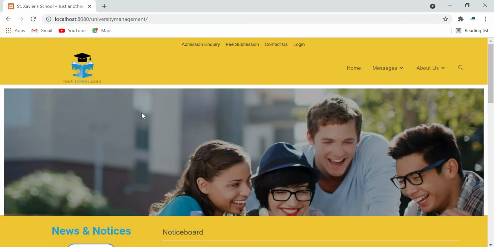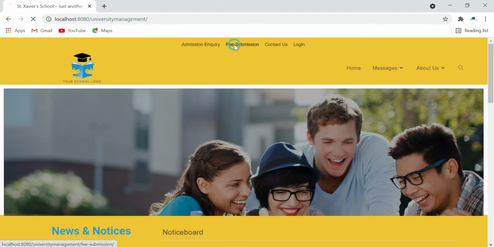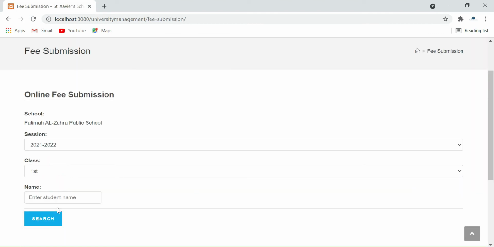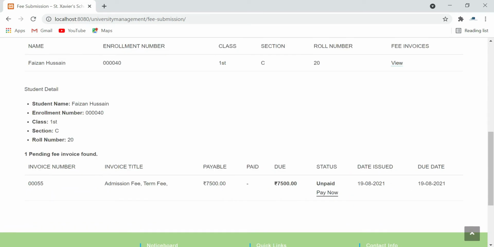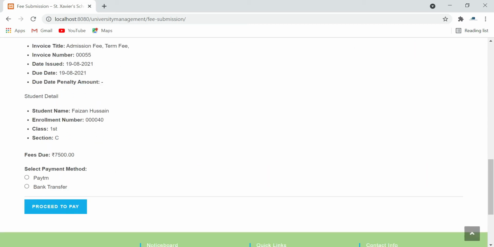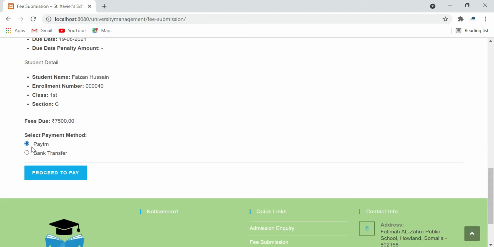Now let's move to the fee submission section. If any parent does not have the user ID or password, then still he can pay the fees by clicking on this fee submission. He will select the class of that student, write the name of the student, and search. Below is the name of the student found, and on clicking on view, they can view their invoices. Pay now option button. When they click on the pay now button, a page will open with the payment method. They can choose any one of the options below